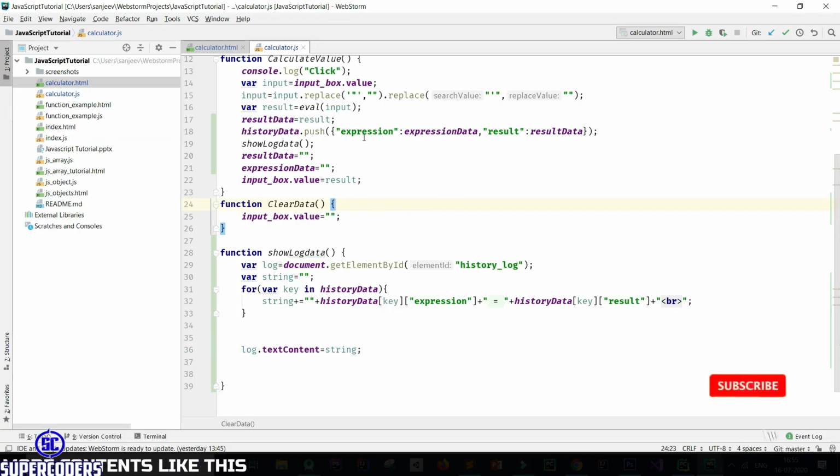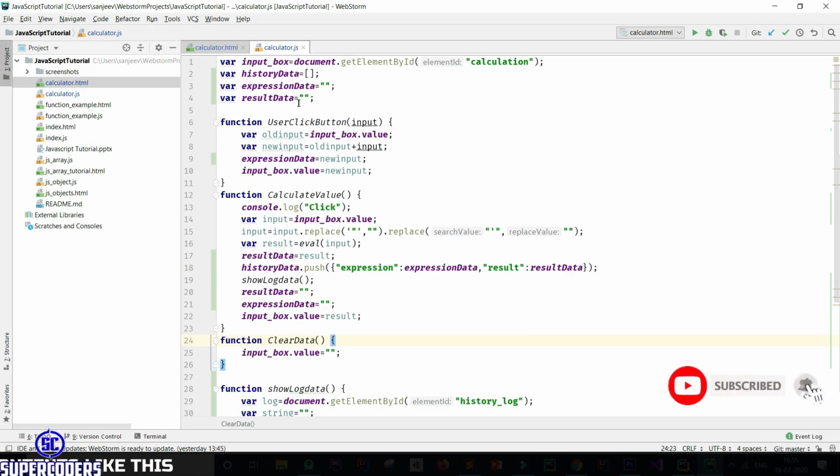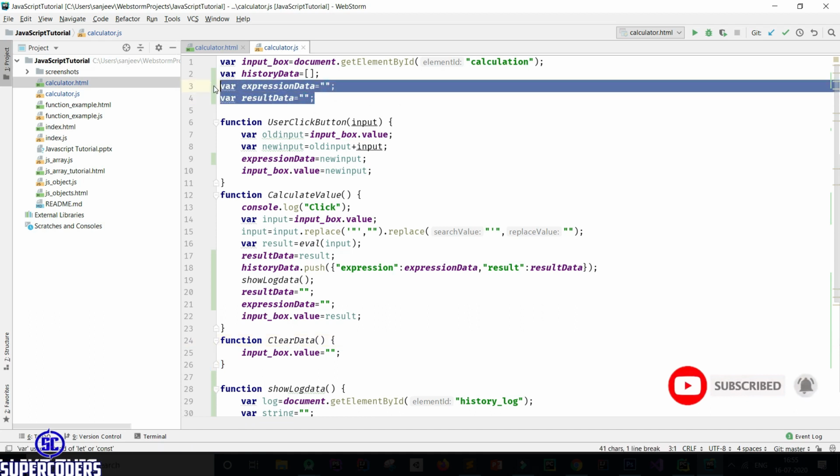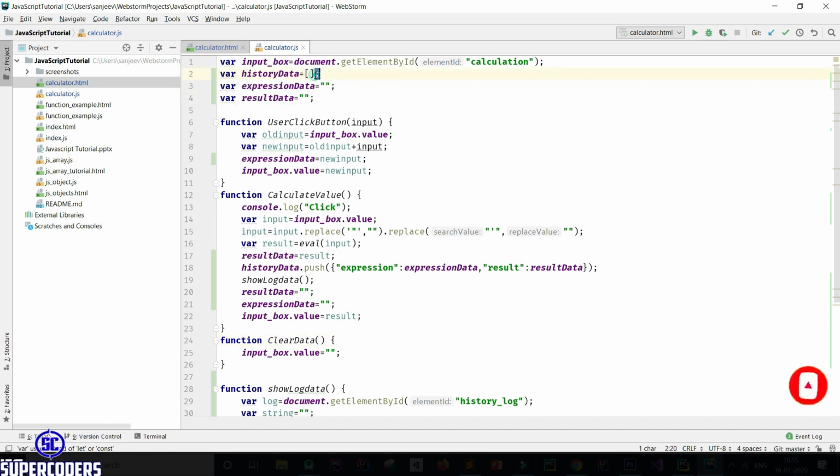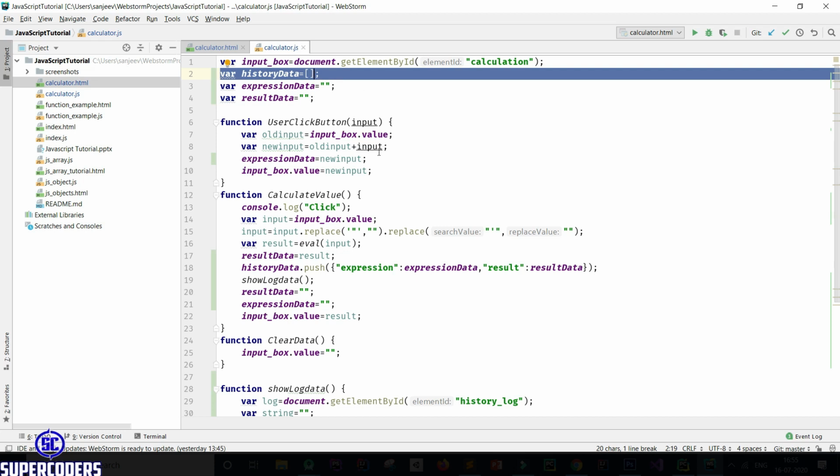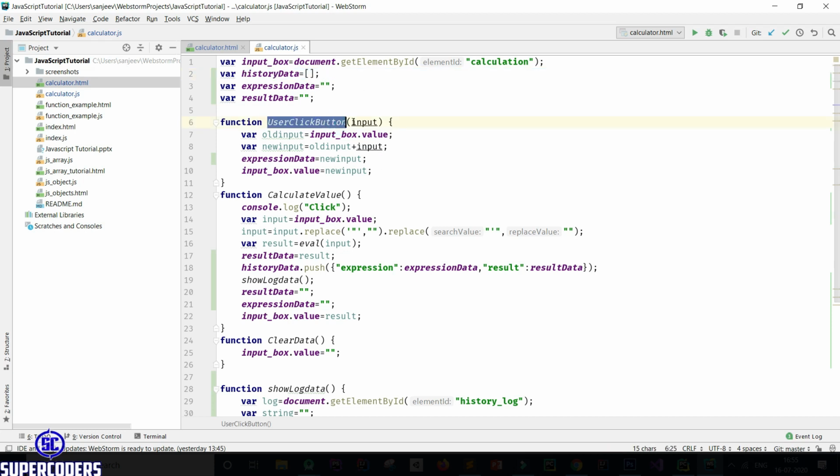Here what we do first, I created two empty string variables and one array. So first, when user clicks on a button, I will store every value of new input in expression data. So this data will be updated every time the user clicks on 1, 2, 3 or any input of the expression. So it stores all the expression data.